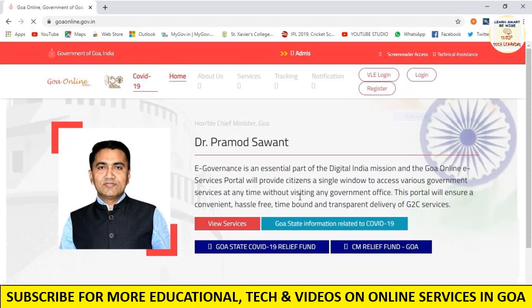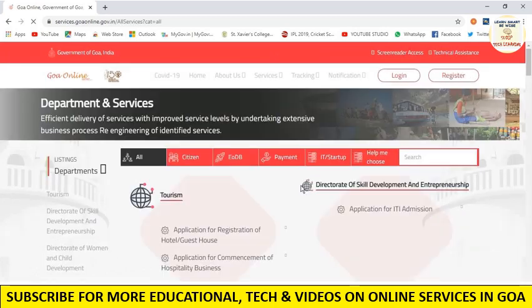So this is the opening website. This is how the interface looks when you open it. First, you can open this website and check for many services in the view services option. So we will go there. Just click on view services. When we go to view services, it gives the list of all the services on this website. I have already made 2-3 videos on this, you can check out those videos.